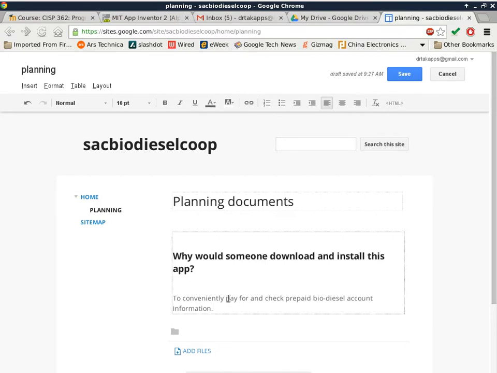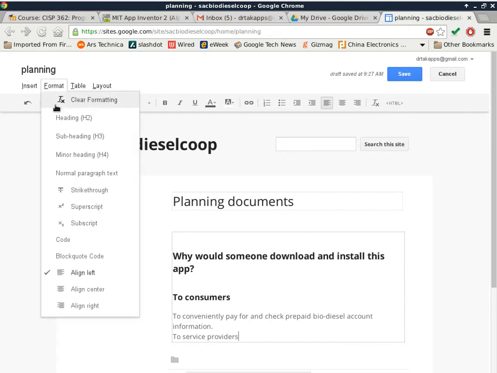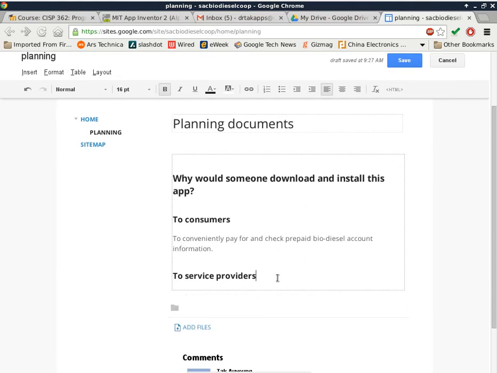Okay, so now I can use H3, a subheading, to say: to consumers. And then the other one is basically to service providers, people who are actually hosting the tanks and people who are managing the co-op. To service providers, in H3,